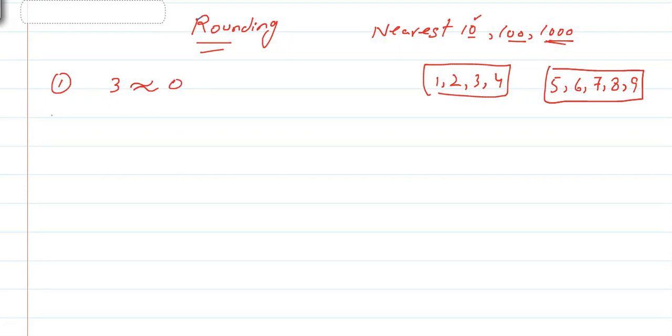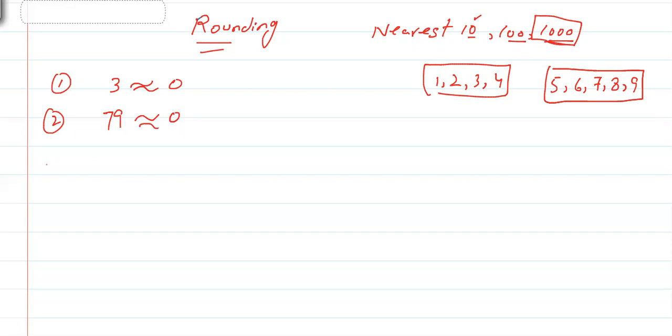Now for a two-digit number, the maximum can be up to 99. So a two-digit number will also round to zero because thousand is far away from a two-digit number. Any two-digit number will round to zero when you are rounding to the nearest thousand. Let's take an example, 79. Whatever the two-digit number is, it will round to zero, because zero is nearer to it, as zero is a multiple of thousand. That is why it will round to zero instead of thousand.